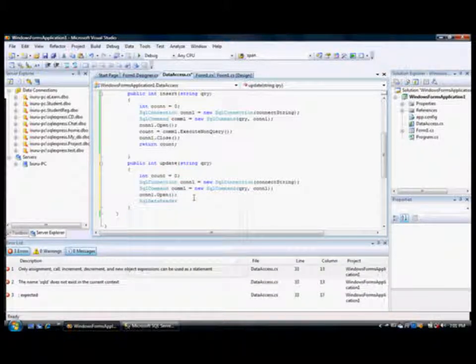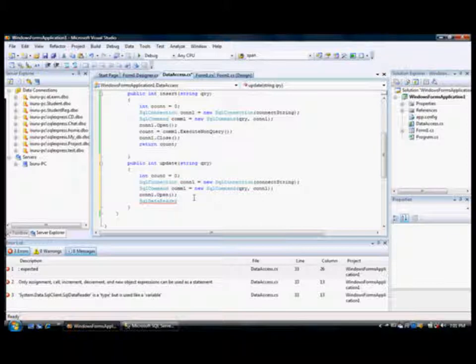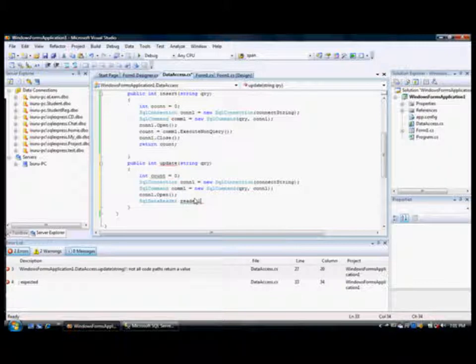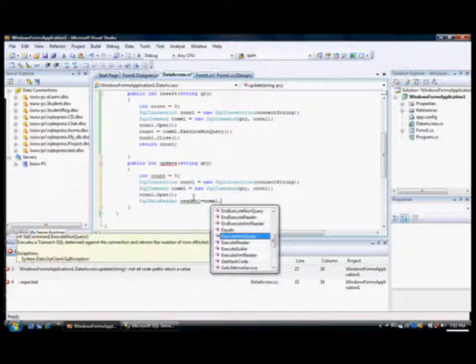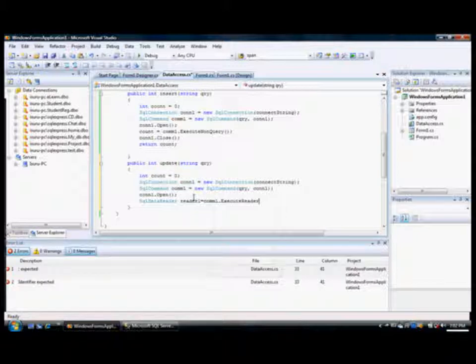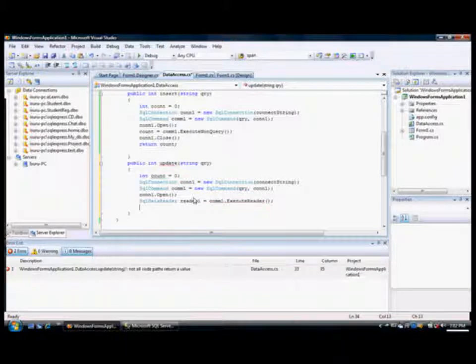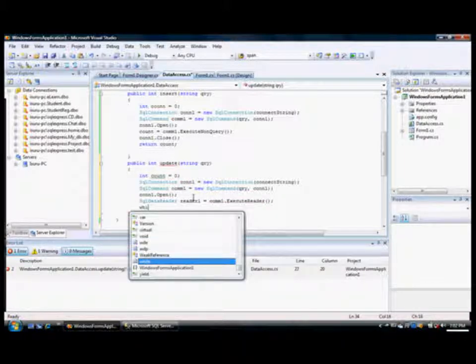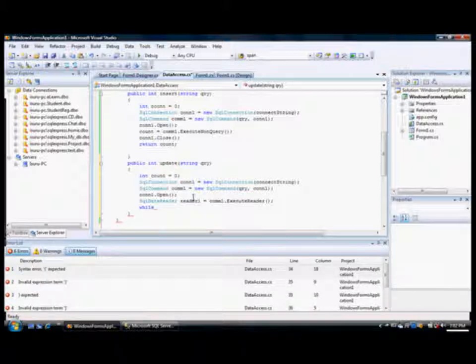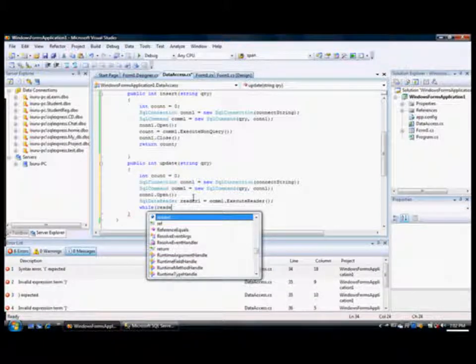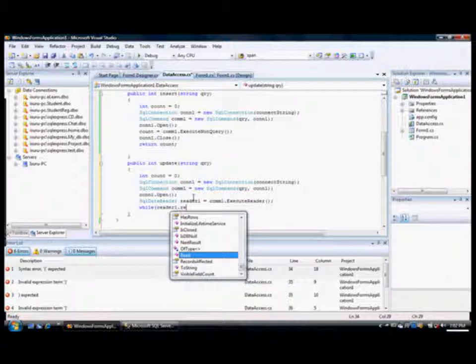Right, just as previous. So we have created the connection, command object, and then opened the connection. Here we are using a SQL data reader. The command object has the method ExecuteReader, so with that method we can get data from the data table into a data reader. While reader1.Read,